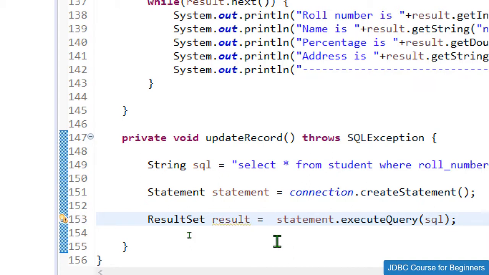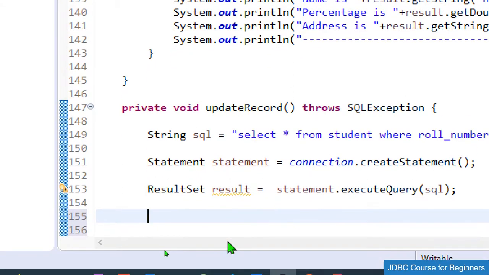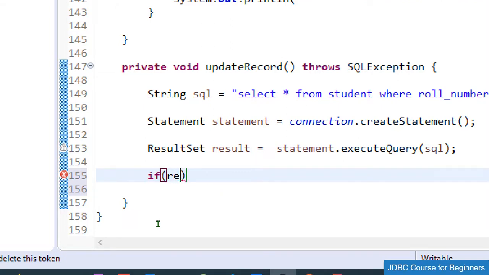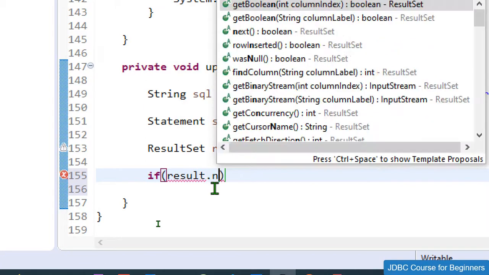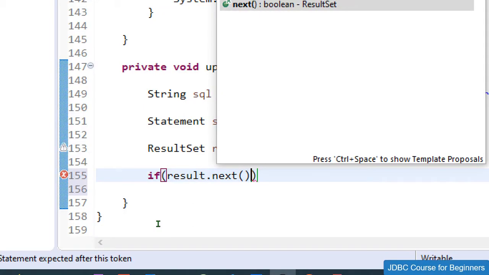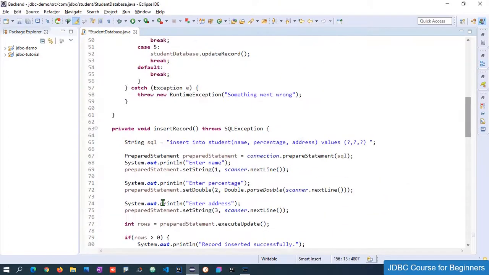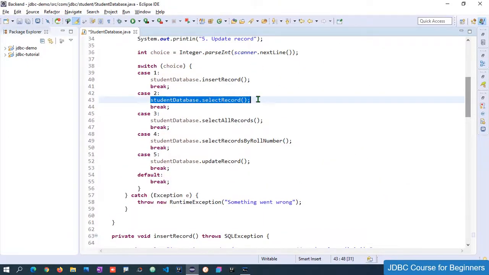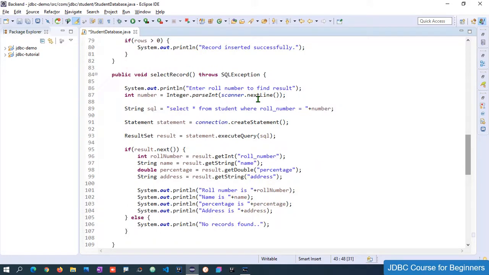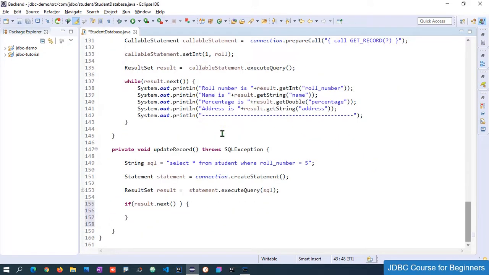Now we have the result set, and then we just need to check if result dot next value is present or not. In the fetch operation itself, like in the second operation in this select record operation, we have talked about this result set and how it works and what this next method is.